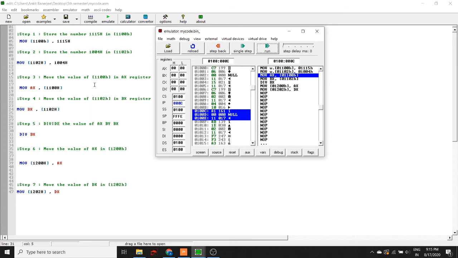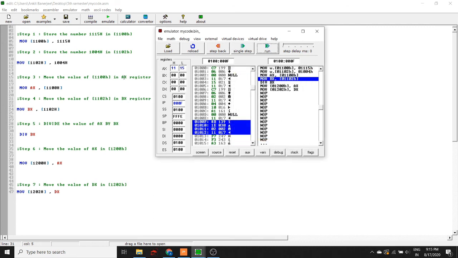The third step was to move the value from the 1100H location into our AX register. We have stored the value 1115H in the 1100H location. So this AX register will basically have the value 1115H when we run this line. So let's see our single step again.